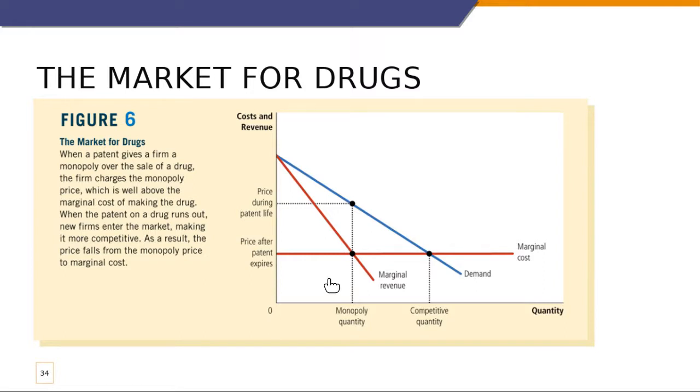And so when other firms are able to enter the market and compete, this drops the price to that of a perfectly competitive market because everyone is selling the same identical drug. And at this point, the price is the marginal revenue, and the competitive quantity is much higher than it was in the monopoly market. So the short-term monopoly granted by the patent allows for short-term profits, but ultimately, because a patent published means everyone has access to that patent, once the patent is over, you transition to a competitive market.